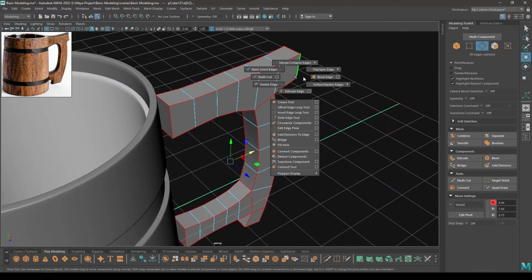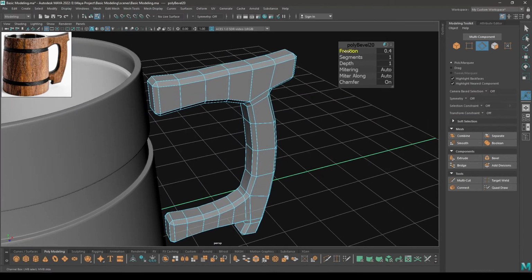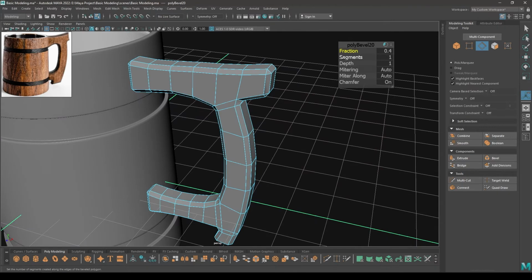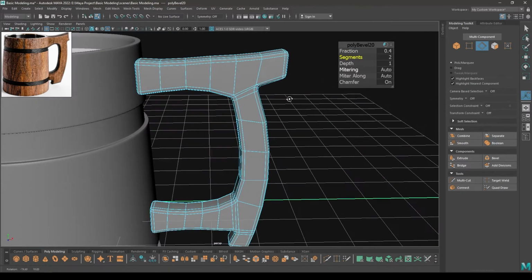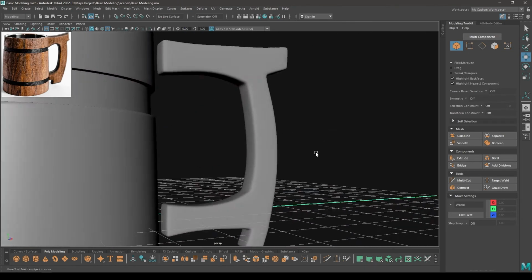And now let's bevel, increase the fraction to 0.4 and add one segment. And now we can smooth it like this.